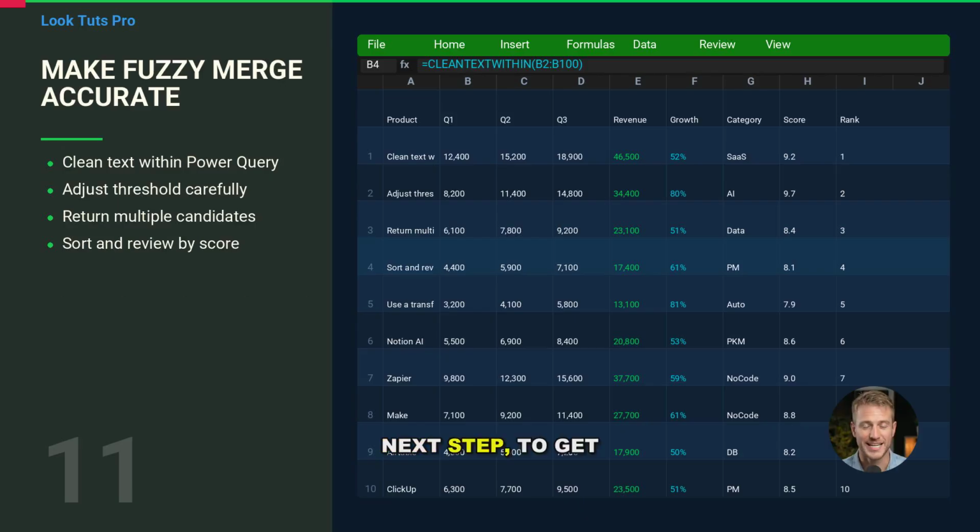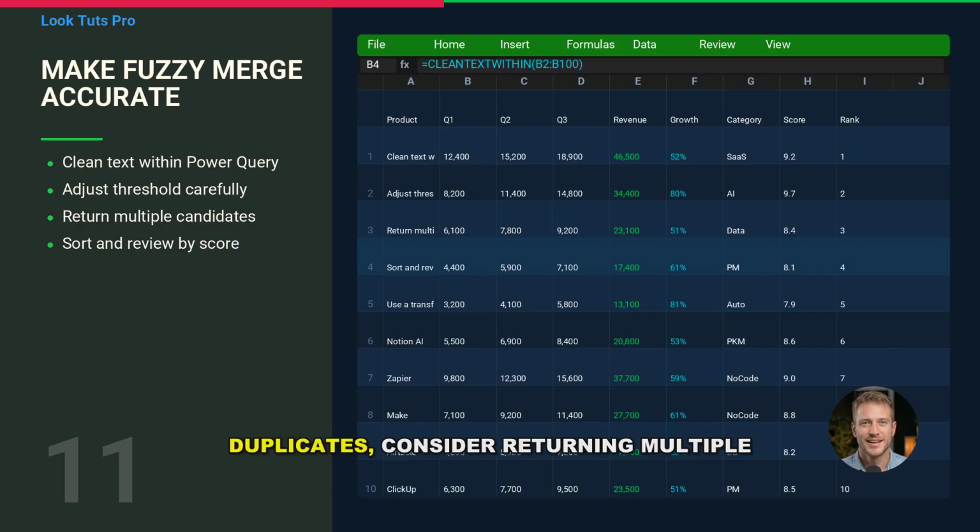Next step. To get good results in Power Query, focus on two features: transformation steps and match configuration. First, do your text cleanup in the query itself. That way, the cleanup is not a separate manual step you might forget. Second, use the fuzzy merge options thoughtfully. A higher threshold reduces false positives, but increases missed matches. If your dataset has lots of near duplicates, consider returning multiple matches, then expanding and sorting by similarity to review